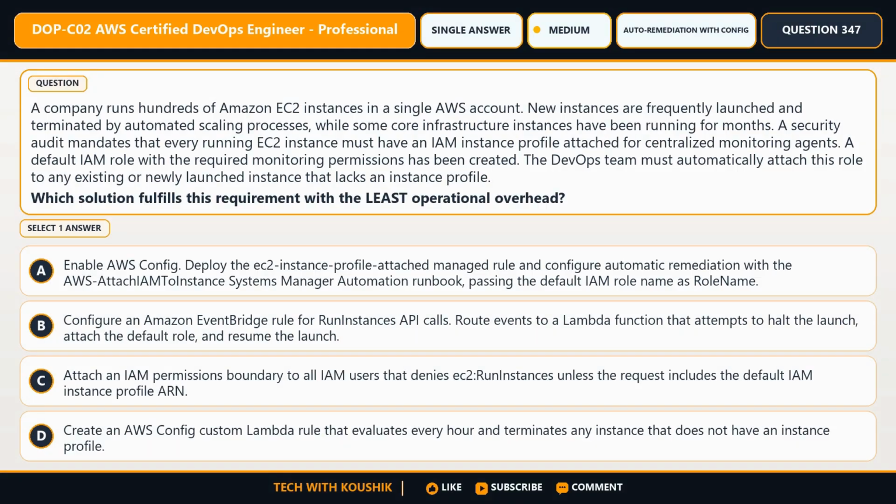Now for question number 347. Here's what is happening. A company runs hundreds of Amazon EC2 instances in a single AWS account. New instances are frequently launched and terminated by automated scaling processes, while some core infrastructure instances have been running for months. A security audit mandates that every running EC2 instance must have an IAM instance profile attached for centralized monitoring